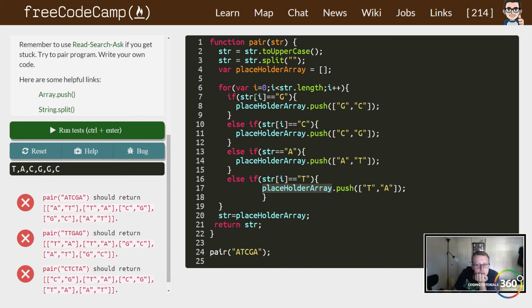T, so it takes in A, returns. So it's only returning 3 pairs right now. So it goes A, which returns TA, T,